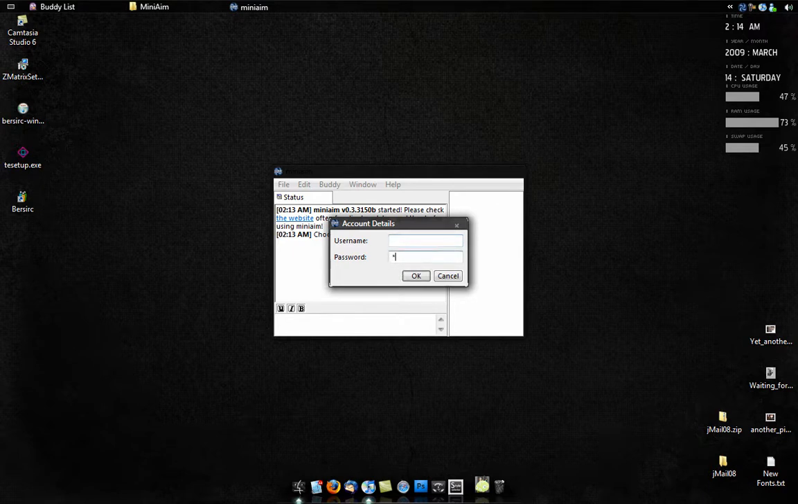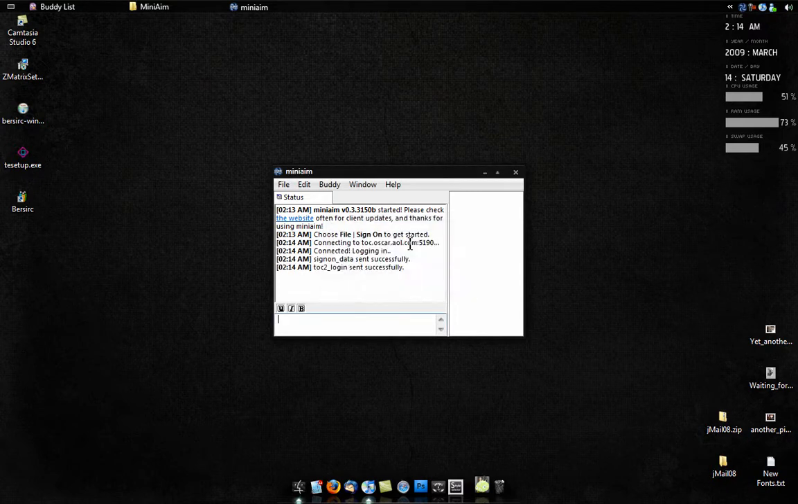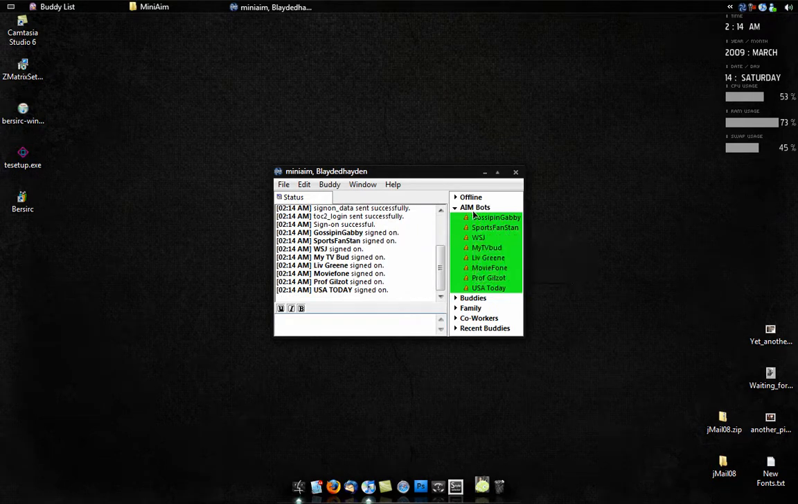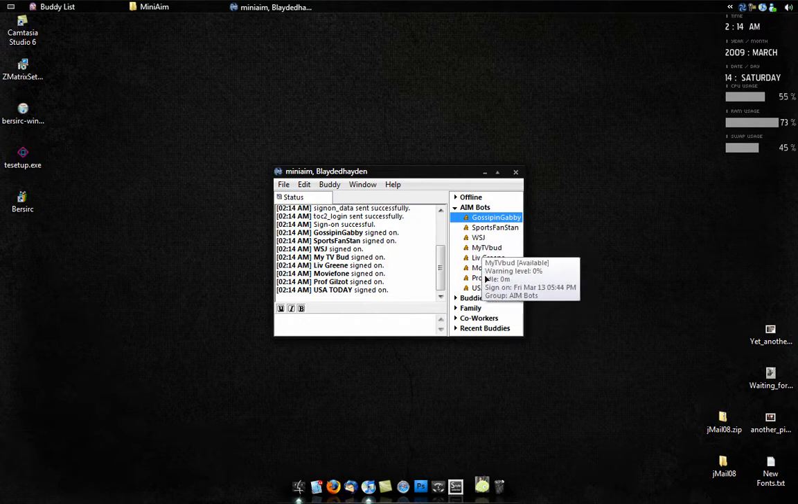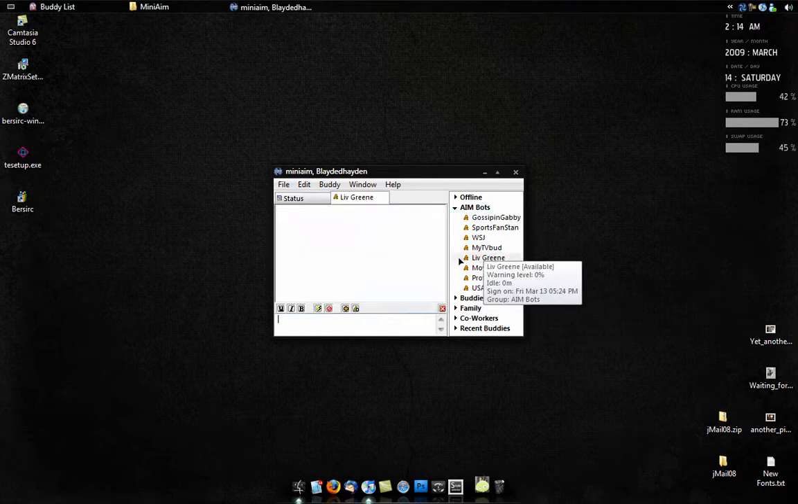So if I just sign in, oops, I'm supposed to enter my username. All right, enter my password, hit OK, signing me in. As you can see, it's loaded my buddy list. I have no buddies online, all I have is bots. I don't know if you can change this color, but it changed it for me. You might have a green color in the beginning, but that will go away, so don't worry about that. If I talk to the bot and say hi,